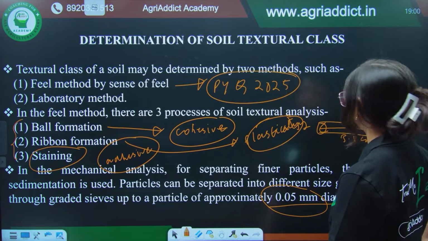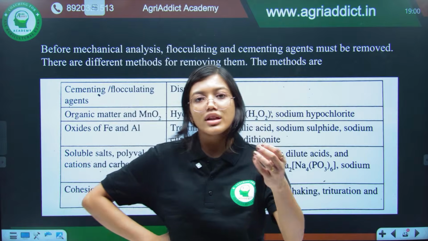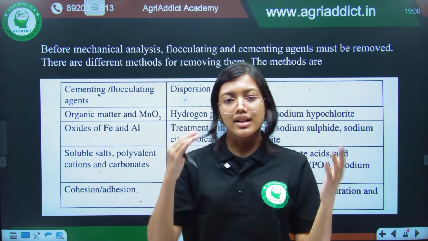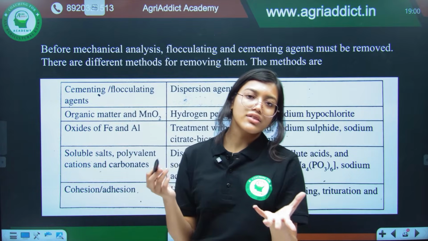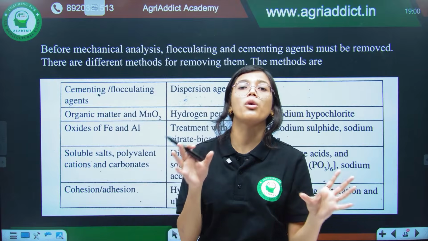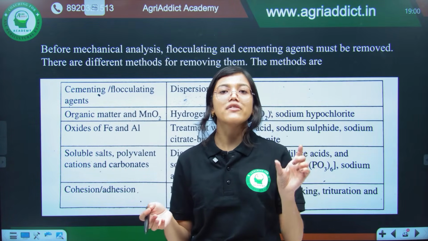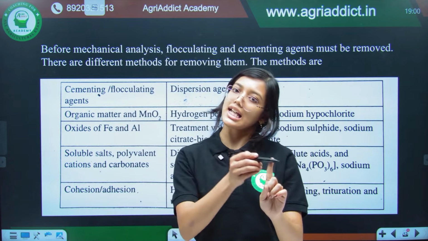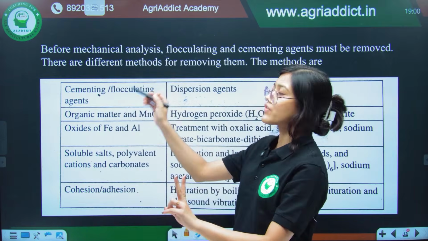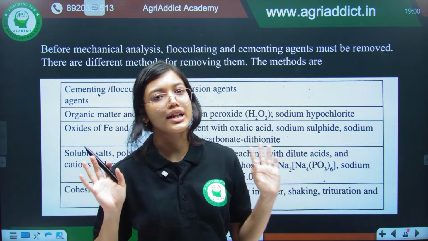Fine. Now moving ahead. Before mechanical analysis, you know that your soil is not like individual textural particles, right? It is completely in an aggregated form. There are several foreign particles, roots, clods, beads, etc. It forms a very complex structure. It is not isolated. So, for doing the textural analysis, we have to find out the soil texture, and in texture, I told you that we will measure the primary particles. For measuring the primary particles, we will have to separate them, isolate them. Then you will have to go for textural analysis.